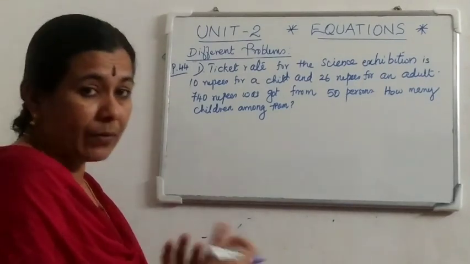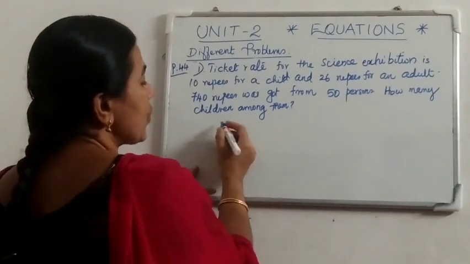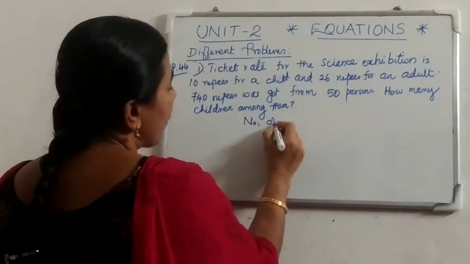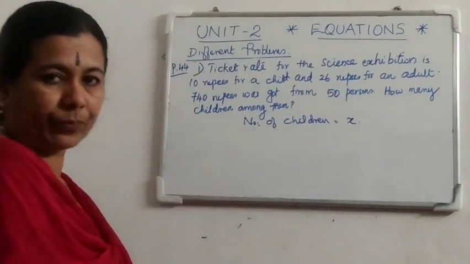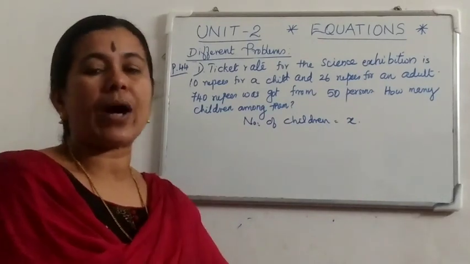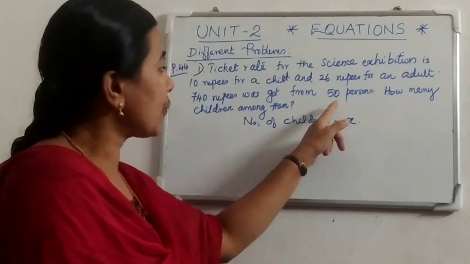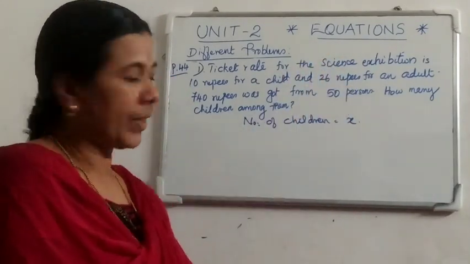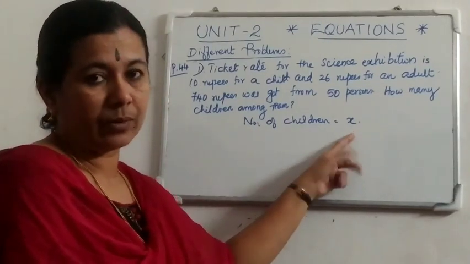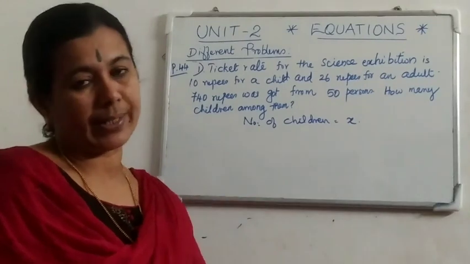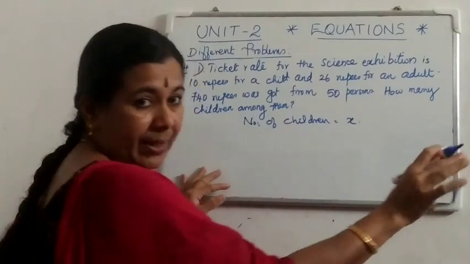Okay? So, what we want to find? We can take it as the variable x. Therefore, here the number of children. Therefore, number of children can be taken as x. Then, what will be the number of adults? How many persons are there? 50 persons came for the science exhibition. Out of these 50 persons, number of children are x. The remaining is the number of adults. What is the remaining? Out of the 50, x is children. The remaining is